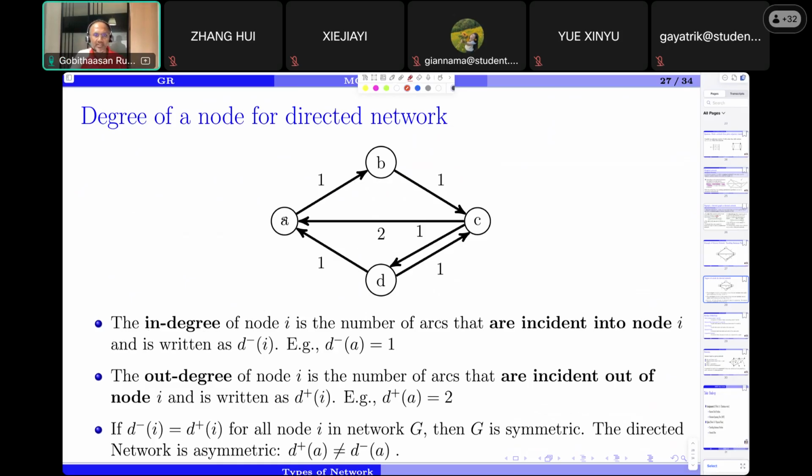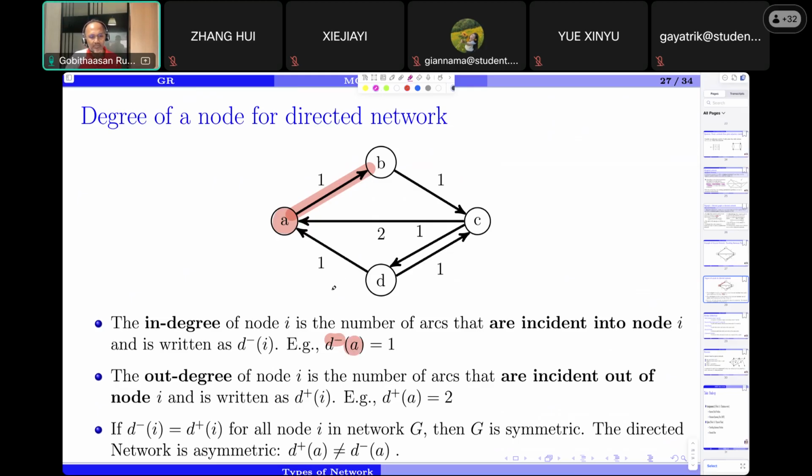For example, let's take A. So A has one out degree, in which we write it with the letter D representing degree, the superscript minus representing out degree, and of course the bracket represents the vertex that we are looking into. So this one, whereas the out degree of A would be